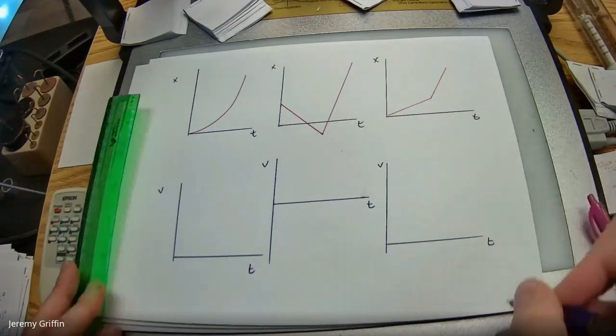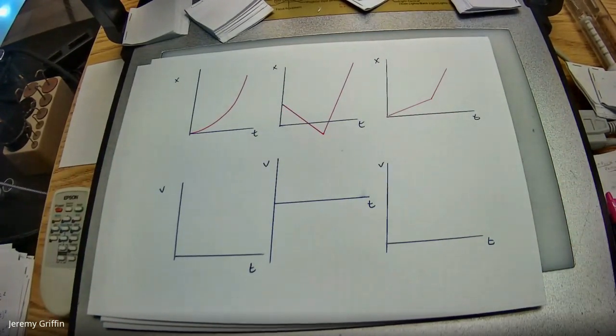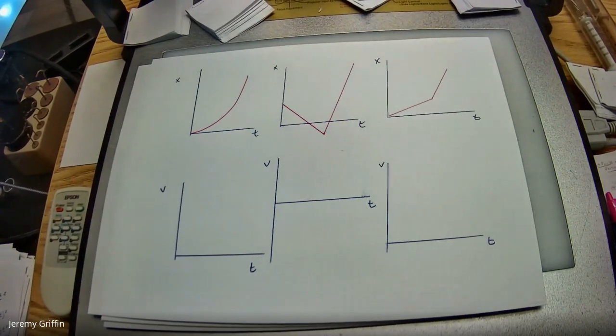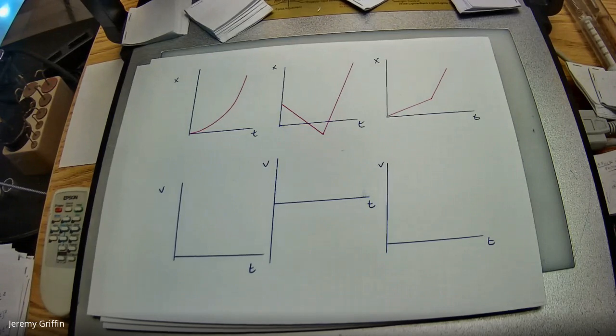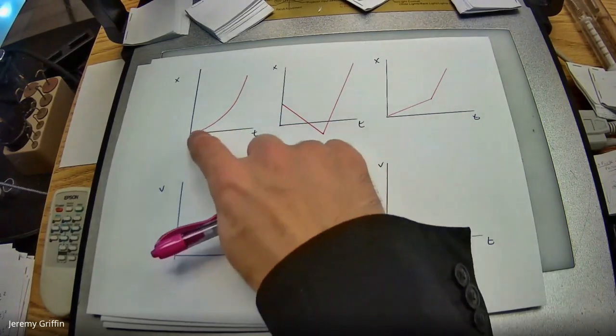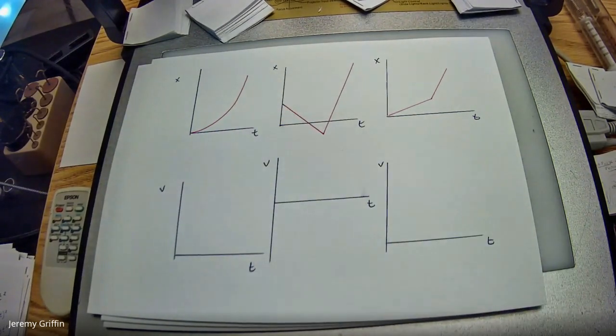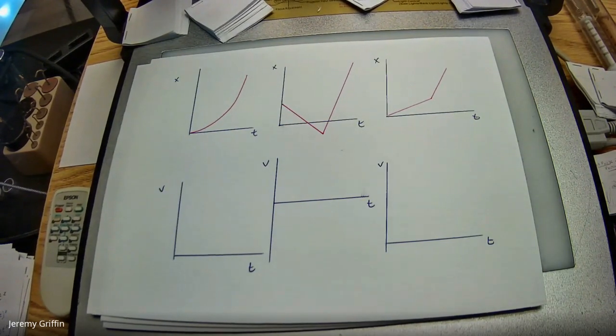Velocity versus time. With a question like this, see if you can stay a step ahead of me. See if you can draw the velocity versus time before I do, because if you can, then you know how to do this. Well, the first one looks pretty much like a parabola shape, doesn't it? You guys remember dropping the ball off a cliff? Isn't the answer like right here?